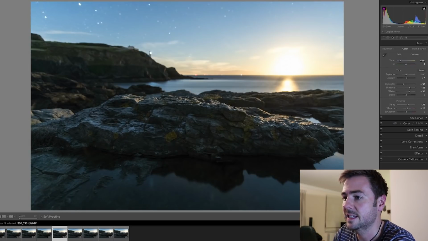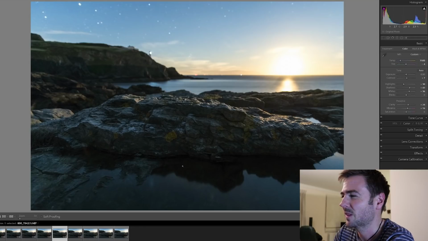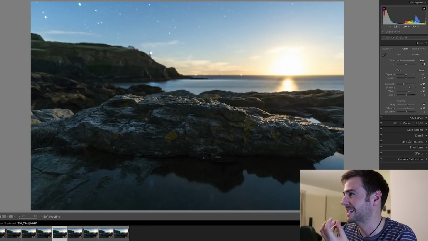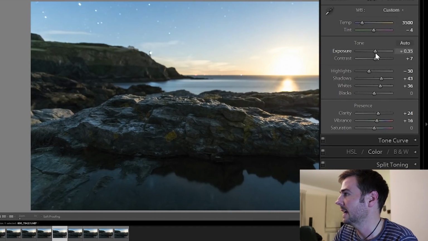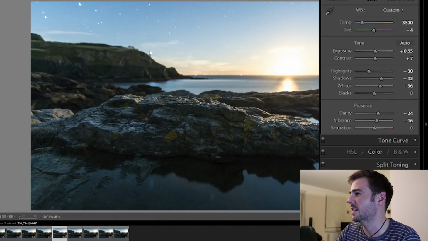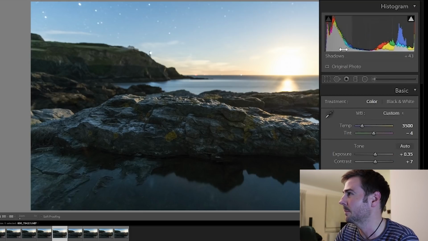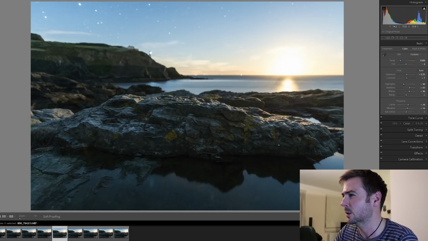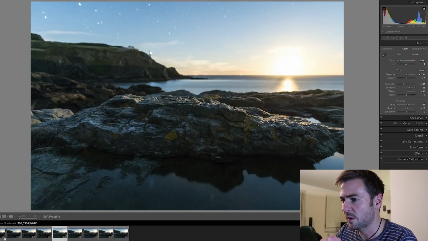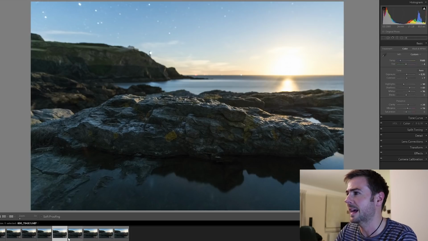Once I've copied the settings across all the images in my sequence, I now need to just make specific tweaks to some of the images. So for example, some of these images which have got the foreground in focus, I need to lift that foreground a little bit. It's still too underexposed. So I just go to the exposure setting here and just lift it up, something there, and it just moves that histogram slightly to the right, and I think it looks a lot better for that. So if I go through and just change that on the different foreground shots,